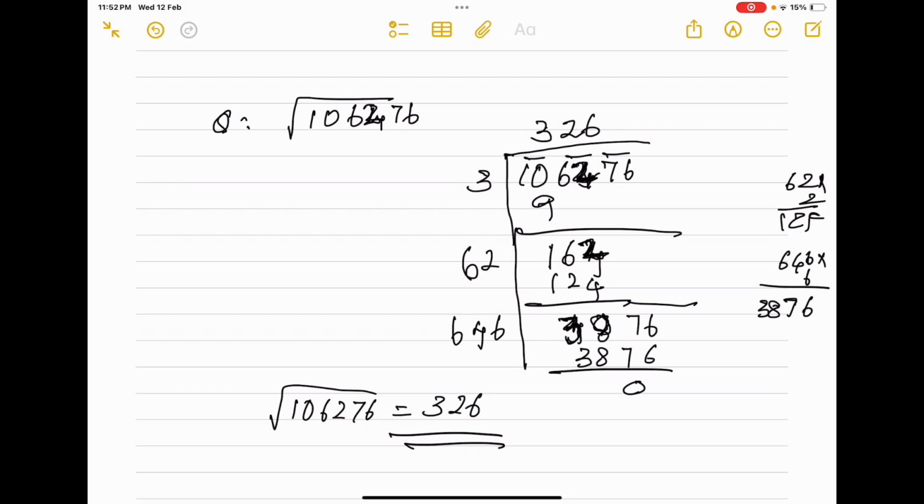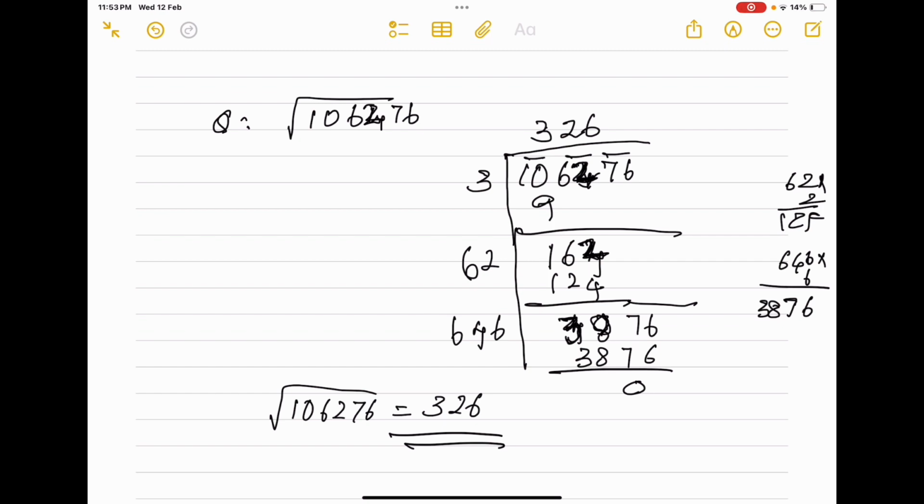If you write 4, 4 into 4, then we didn't get 3876. So you try 6, it is 3876. So write in the quotient 6 and near to 64, 6. Then write the product 3876 below 3876. Then subtract it, we get 0. So root of 1,06,276 is